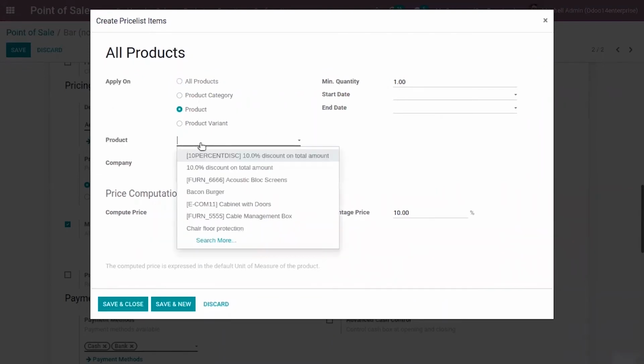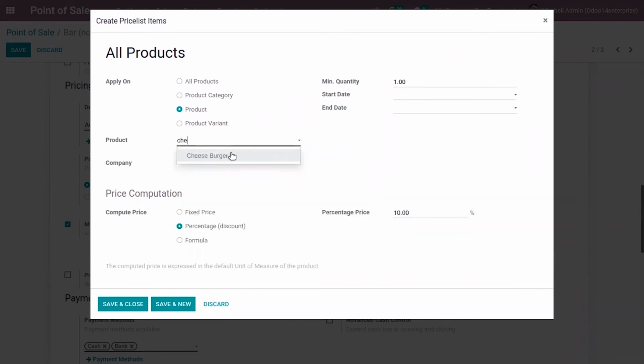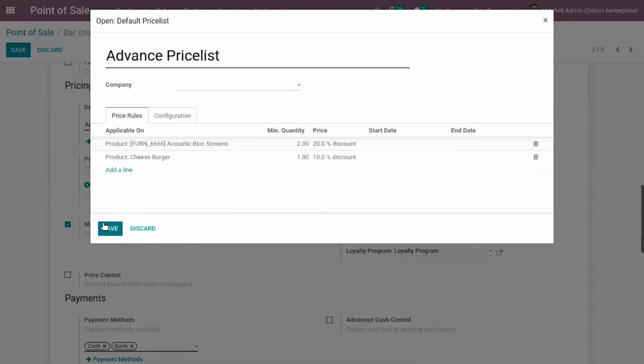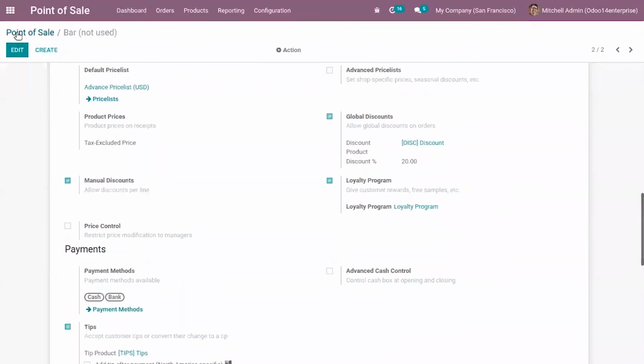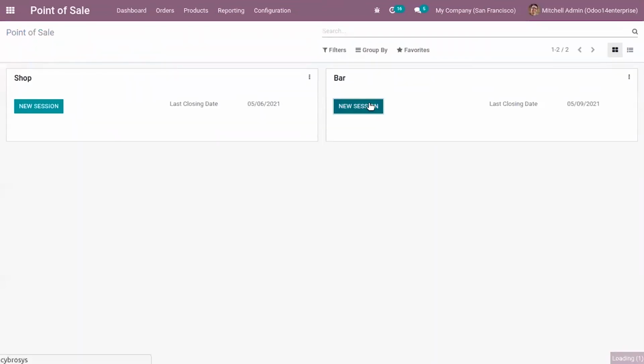I'm going to apply it to a product. Okay, cheeseburger. So the customer purchases 1 quantity of cheeseburger. You can see the price computed by percentage. Okay, now I'm saving this. Now when you start a new session,